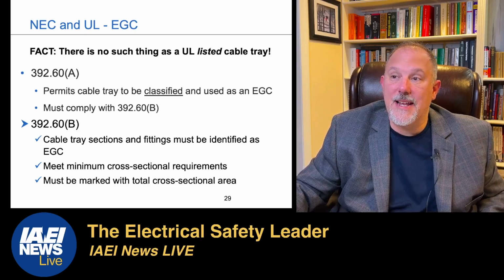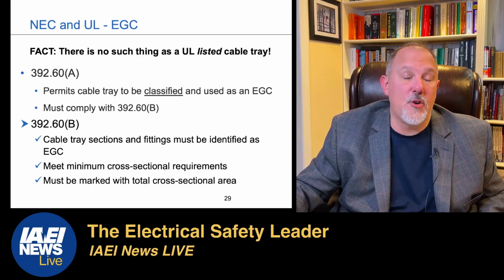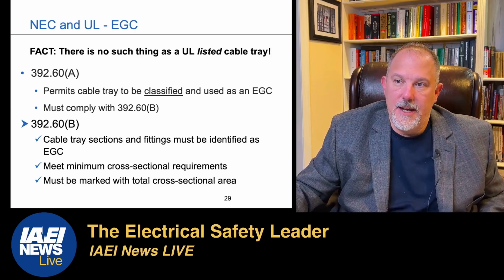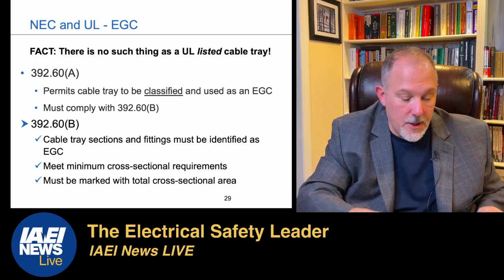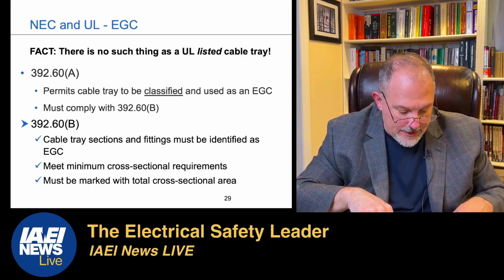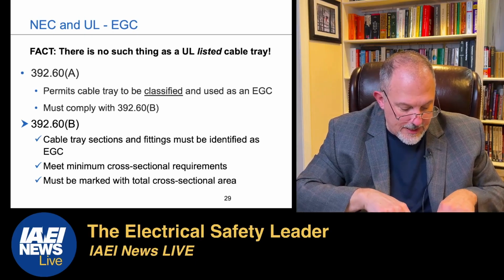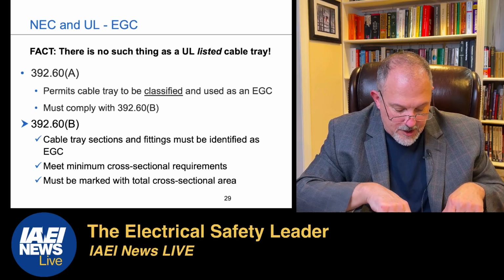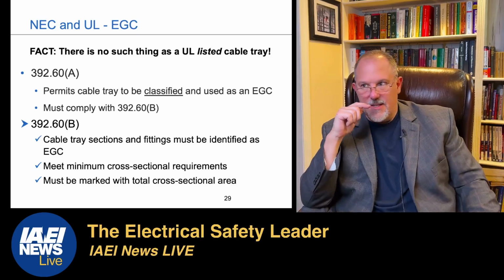It permits cable tray to be classified and used as an equipment grounding conductor. And it has to comply with 392.60(B). 392.60 is grounding and bonding. B is steel or aluminum cable trays. Steel or aluminum cable tray systems shall be permitted to be used. You know what? Here's my thought process. I wonder,